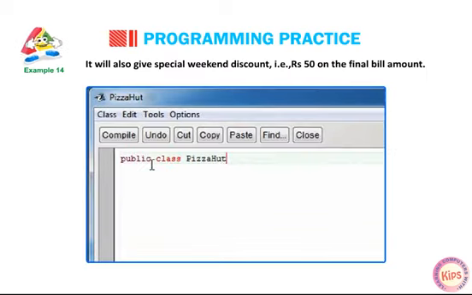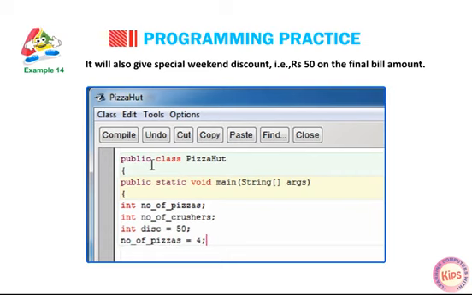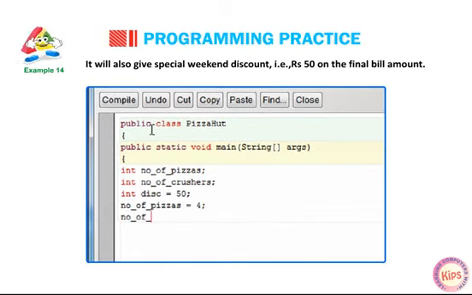public class PizzaHut { public static void main(String args[]) { int number_of_pizza; int number_of_crusher; int discount = 50; number_of_pizzas = 4; number_of_crushers = 3; int bill; int net;